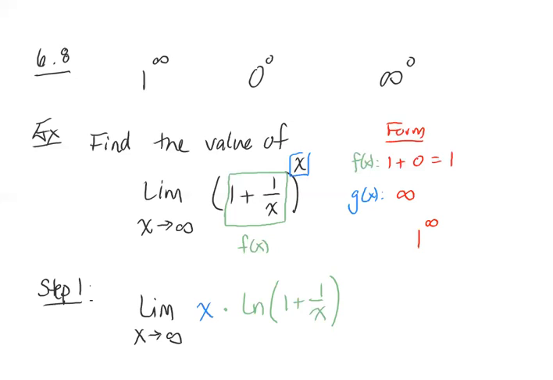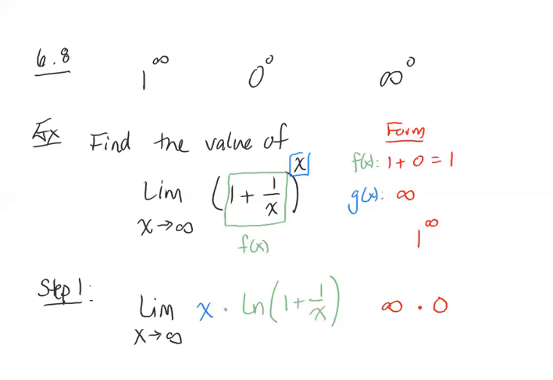This has the form, well, as x approaches infinity times what does the natural log of x approach? Well, we said that this term approaches 1. Natural log of 1 is 0. Therefore, this has the infinity times 0 form, still not a form that I can use L'Hopital's rule for, but